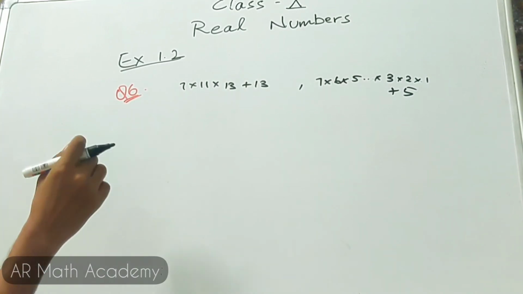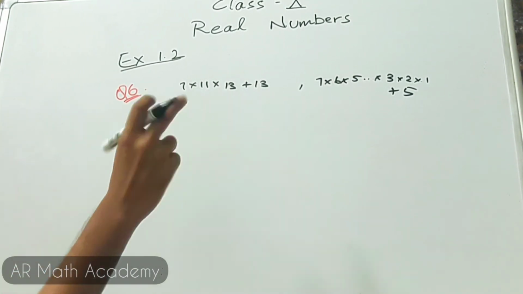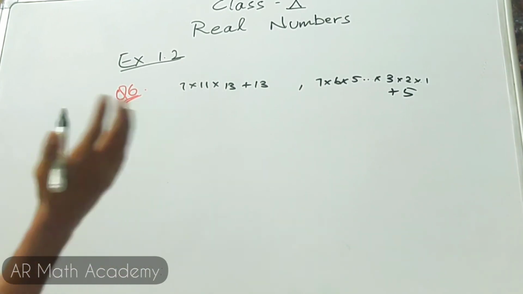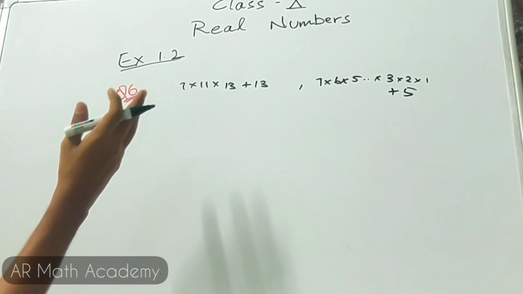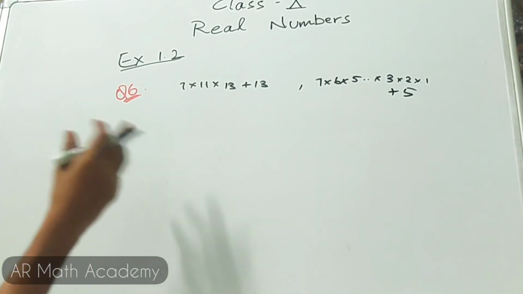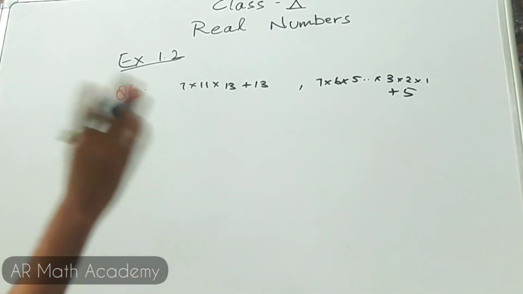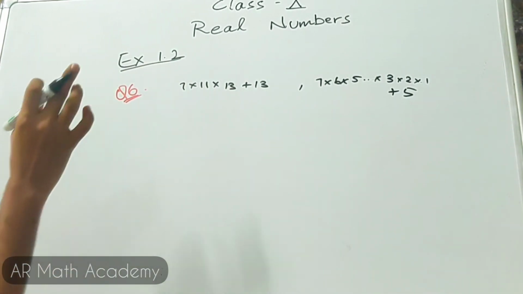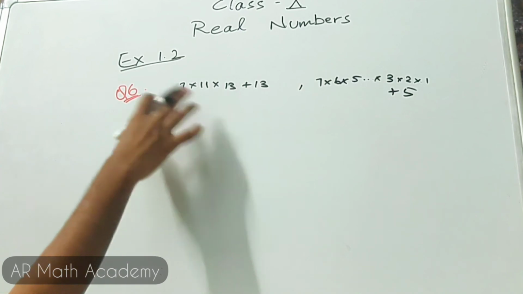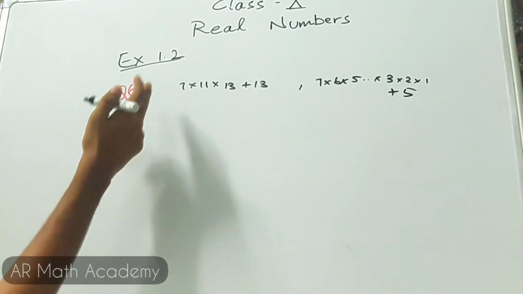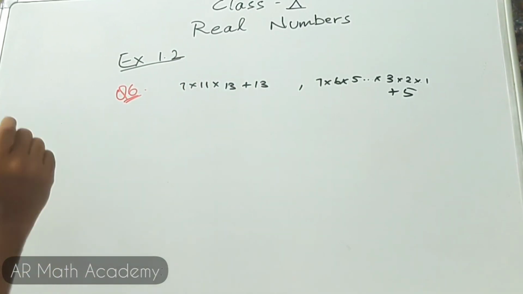Well, composite numbers are the numbers which can be represented as a product of prime numbers. You can ask me, we already solved numbers which are products of prime numbers, right? We've done it for LCM and HCF. Well, all those numbers are composite numbers, and we have to prove that this is also a composite number. So we have to check whether these two are products of primes.